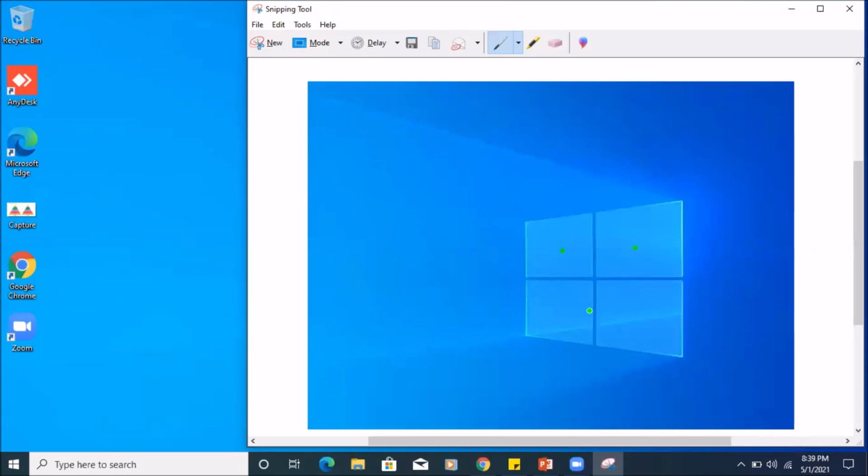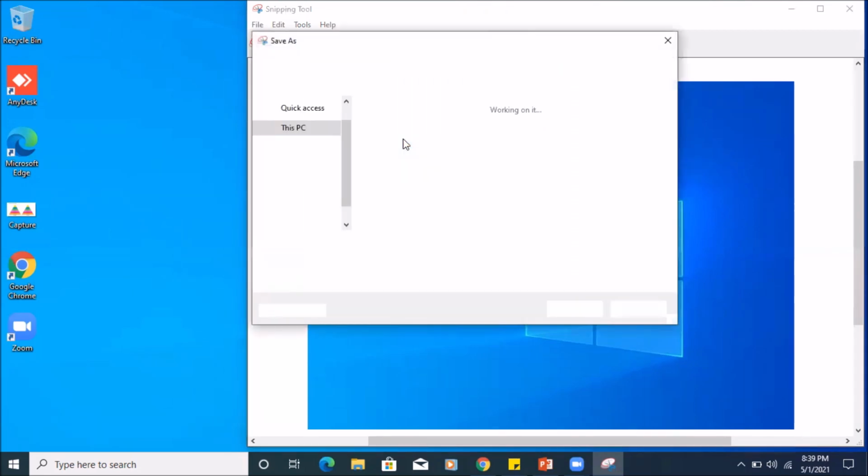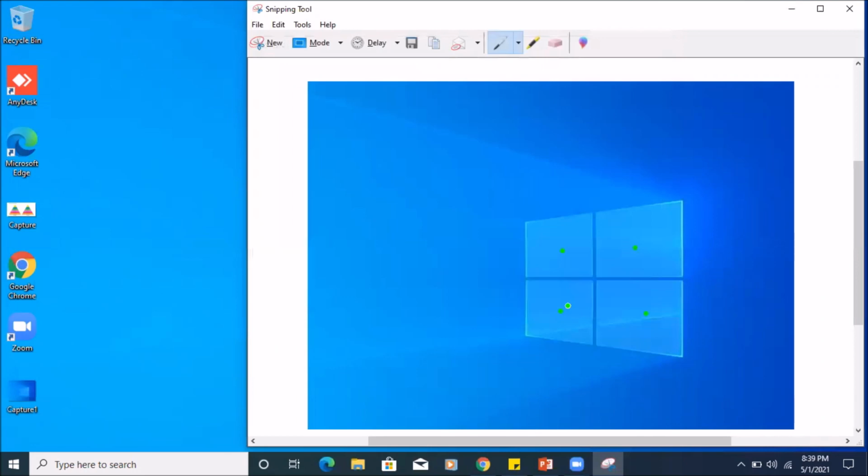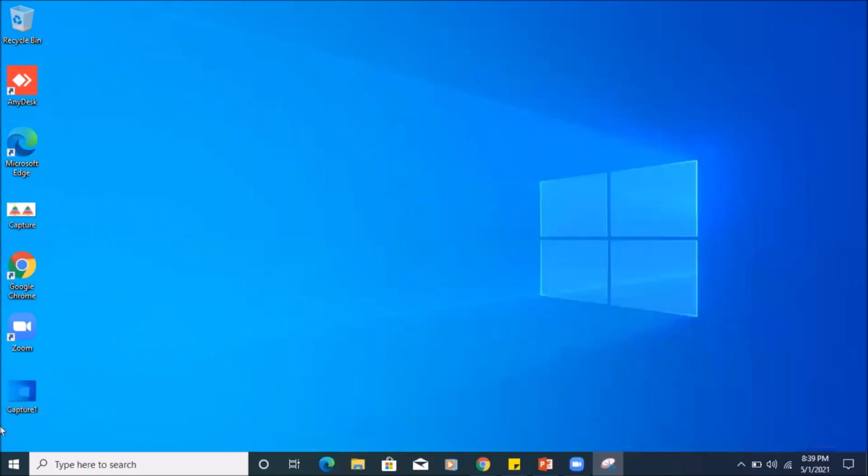You can see I just did some annotation in this image, and then you can save it here. The moment you click on save, you can save it the way you want to in a regular way. I'll show you how it will save. It will save it as a PNG file, which is portable network graphic. I'll also show you how it will look. So you can see here the image.